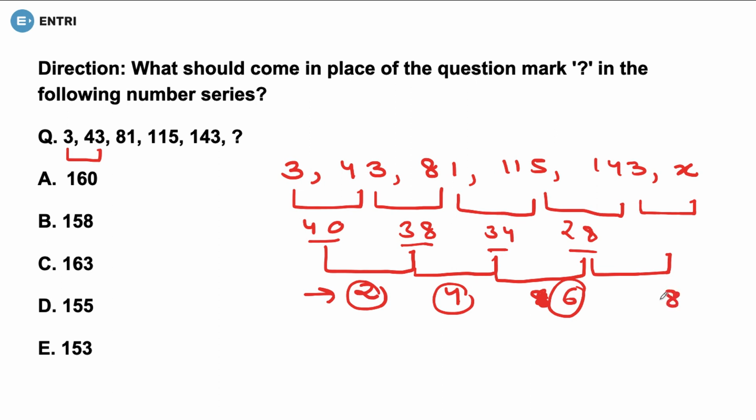Now if it would be 8 here, taking the 8 difference of 28, 28 minus 8 is going to give you 20. And when it is 20, what you can do? You can just add 20 with 143, because here difference was like this, na? So 143 plus 20 is going to give you what? 163. And is there 163 in the options? Yeah, it's option number C. So what's the correct answer? The correct answer is option number C. As simple as that. Next question.